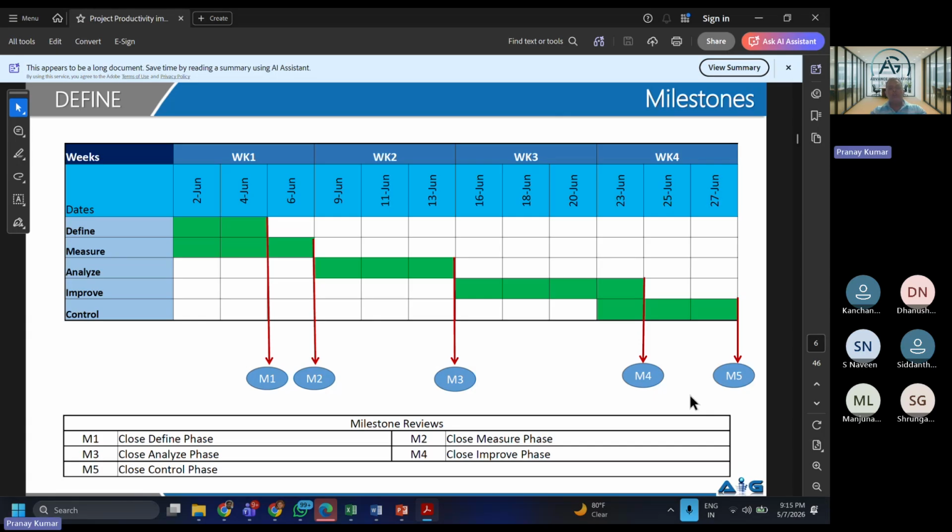I will work with you guys on creation of a detailed project plan and summary milestones, both. But the easy way that the industry uses is define, measure, analyze, improve, control. At least these five could be considered as milestones. So here they are saying I will be able to complete my milestone number 1 on 10th of June or thereabouts. I will be able to do milestone number 2 on 6th June, milestone number 3, 13th June, milestone number 4. If you want to add more milestones, I would prefer it.